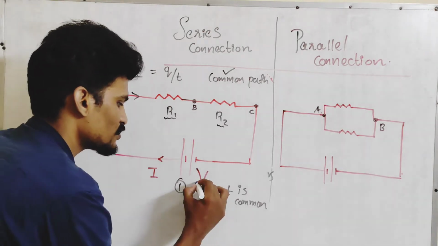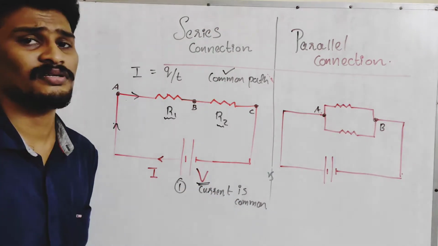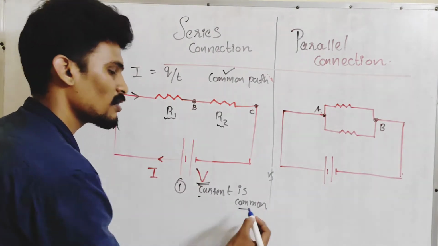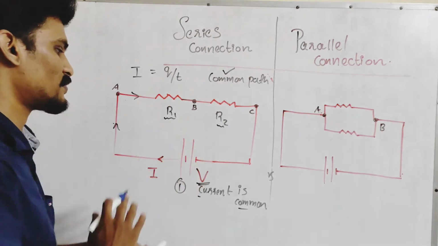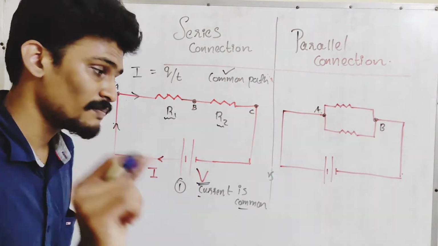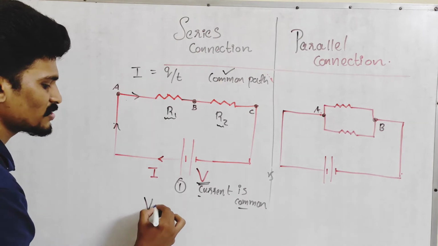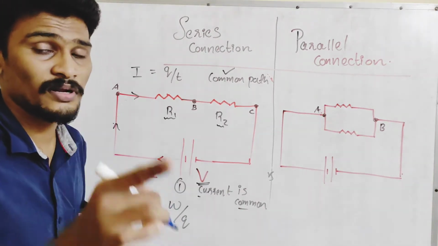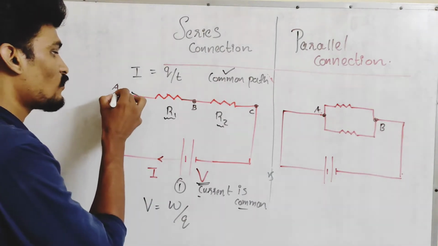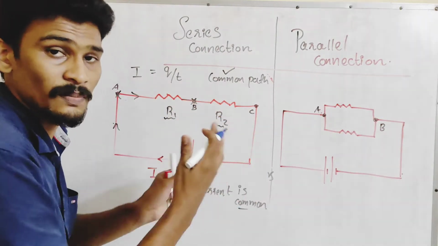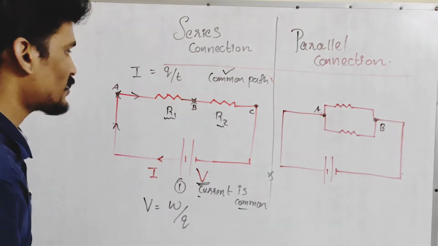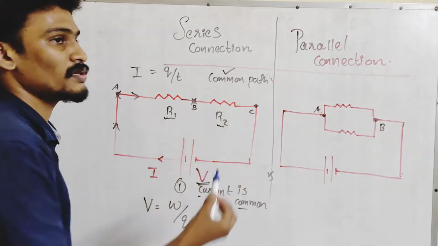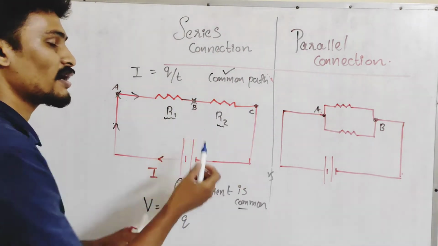Let us talk about the second parameter in a circuit, that is of course the voltage. As you know, in a circuit, two parameters govern the circuit: current and voltage. We already talked about the current. Yes, it's common for both the devices. What about the voltage? Voltage is defined as the work done on charge from one point to another. That is very important because if you shift the point, the work done will be different. For example, the work done from A to B will be different from the work done from B to C, obviously. So the devices are getting different amounts of work done.